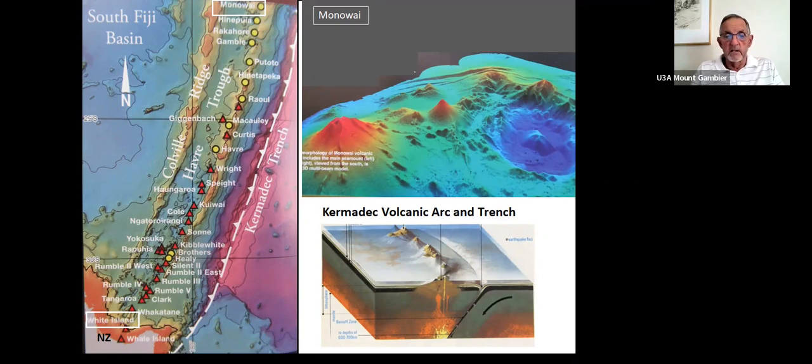Other volcanoes around it, that would be typical of the entire belt running from Taupo in central New Zealand all the way north to Tonga and beyond. So the subduction situation there is oceanic crust of the Pacific plate against oceanic crust of the Australian plate. So you have